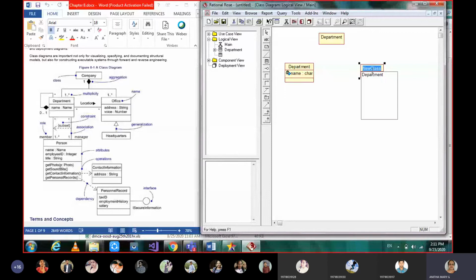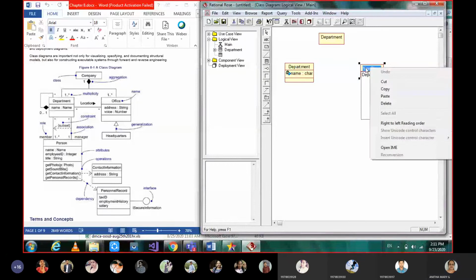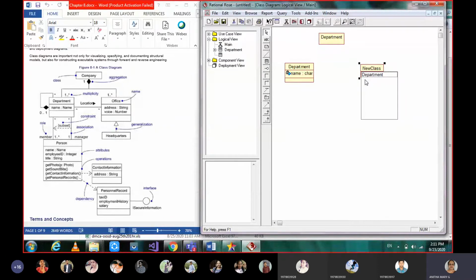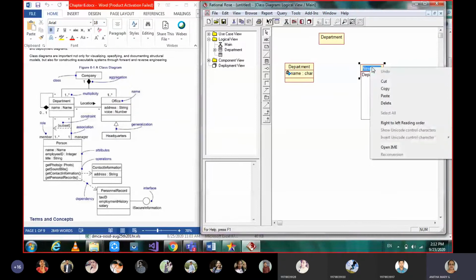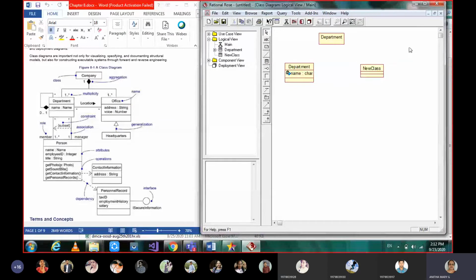Similarly here also we have to do it. See, the department we are getting is by default given.